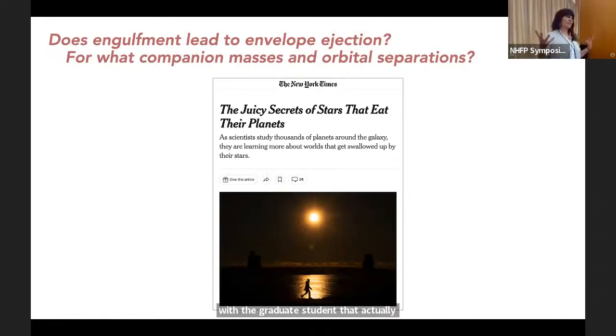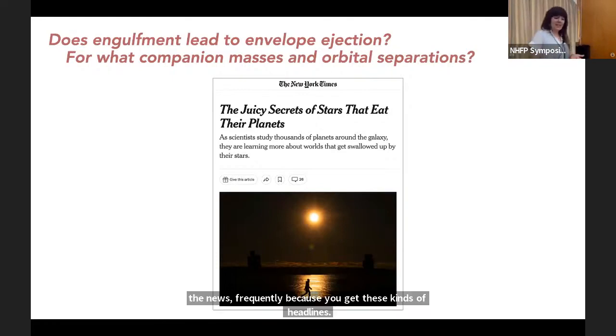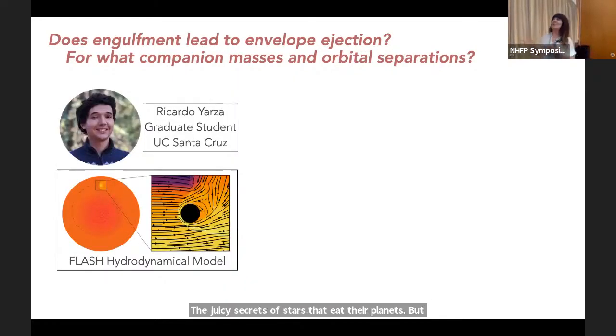There's the engulfment stuff, I think, gets picked up by the news pretty frequently because you get these kinds of headlines: the juicy secrets of stars that eat their planets. But it was actually very interesting work that Ricardo Yarza at UC Santa Cruz, who will be graduating soon and is on the postdoc market,